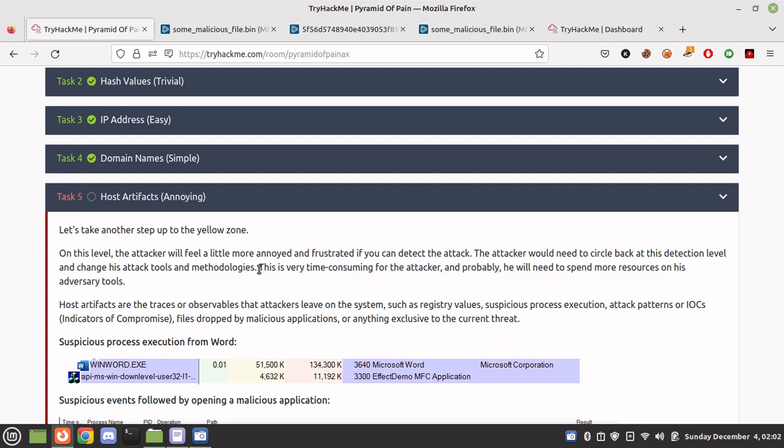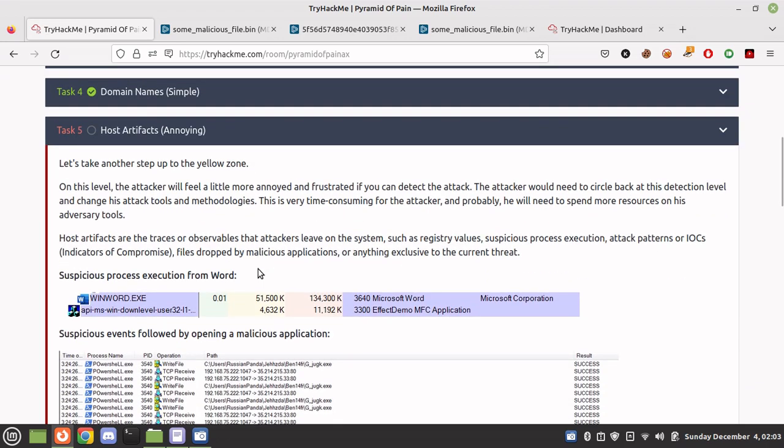Let's take it up to the yellow zone. On this level, the attacker will feel more annoyed. Basically, it's not annoying for us, it's annoying for the attacker. As long as we do this security stuff, the attacker will get more and more annoyed. On this level, the attacker will feel a little more annoyed and frustrated. If you can detect the attack, the attacker would need to circle back at this detection level and change his attack tools and methodologies. This is very time consuming for the attacker,